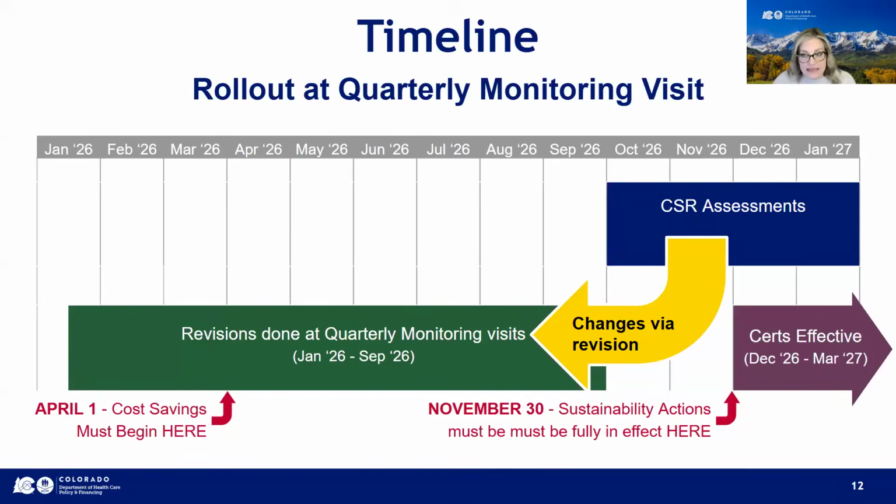A primary difference with these cases is that you will be completing a service plan revision and subsequent PAR changes, but you're not being asked to complete a new level of care screen during your monitoring. You'll have other tasks to complete depending on the outcome. When you're doing service plan revisions for these reductions, there can be a need for the service to be prorated for the remainder of the certification period. We'll talk a little bit about proration later in the training, and it's something that you should already be familiar with. Remember, not every member on your caseload will be impacted by these changes, but some members may be impacted by multiple.